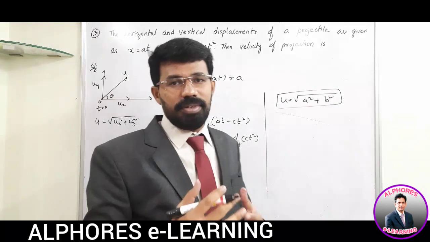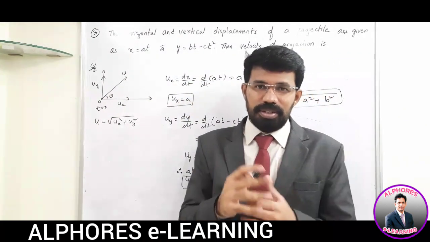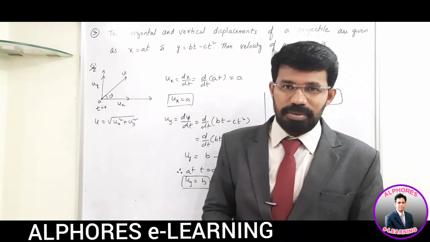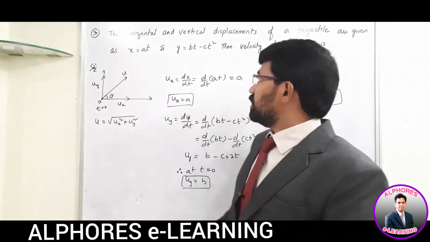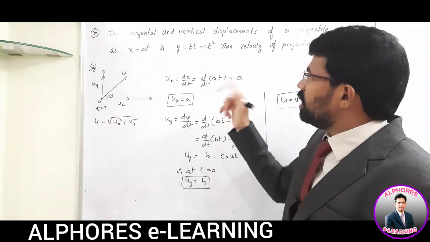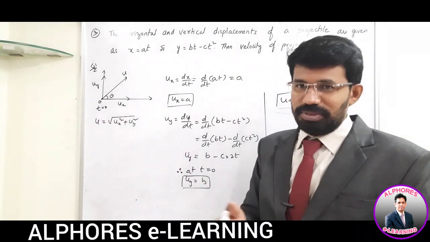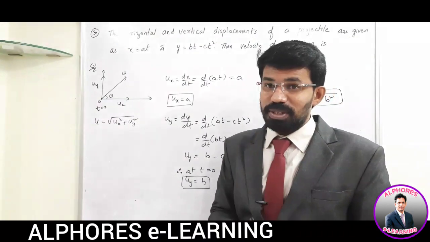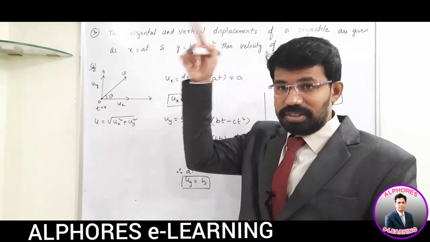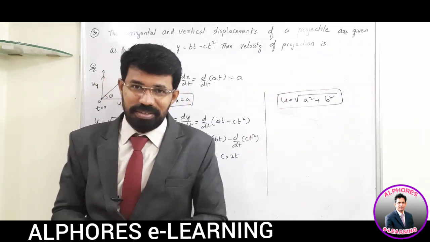Whenever you see a question, try to identify the method of approach. When you solve several problems, you will come to know how to handle them. Here, some of the students I see will be confused with this y is equal to bt minus ct square. They compare it with the y is equal to ax minus bx square equation, whatever equation we have derived. There x is displacement, here t is time. There is a difference. So this equation doesn't resemble the equation the oblique projectile has.